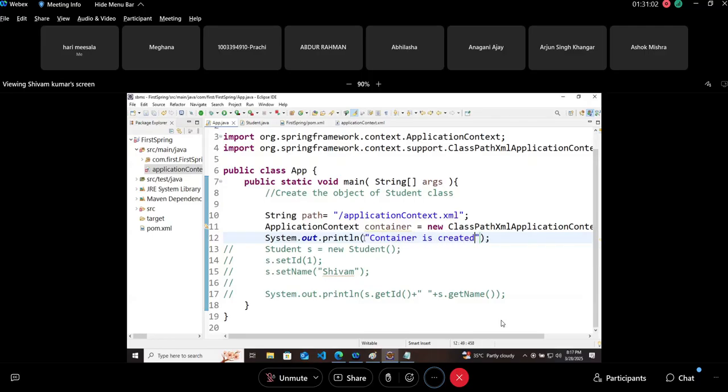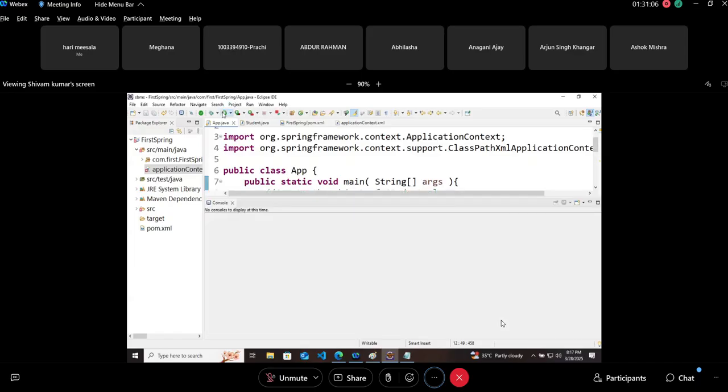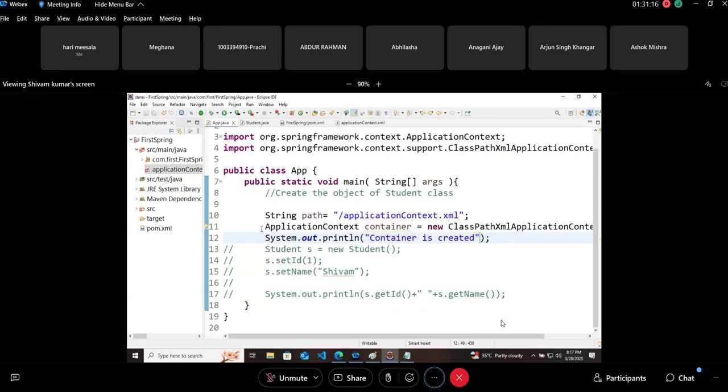The container is created. We will run it now. Any error? No error. If this particular part is getting printed, that container is created, it is 110% sure that this line is running without any error. Then only this part is getting printed. If there is any error in this part, this will not get printed. Means container is created. Now that's it done.